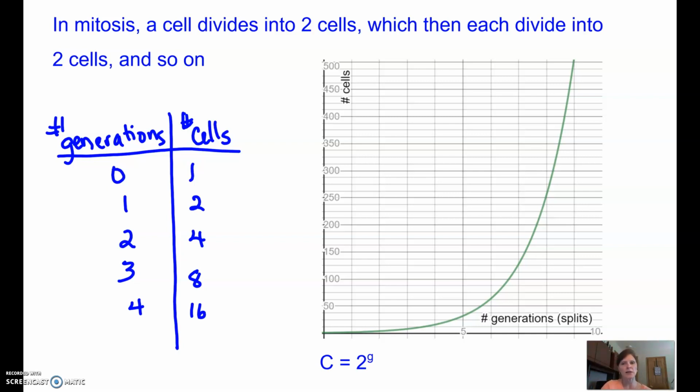This time, if we plot those points, we need to really have a high vertical axis because this grows very rapidly. It's a different type of increase, and it's no decrease. It just keeps increasing. This is going to be a different type of equation then. In fact, we call this one an exponential equation, and I've got it written down here. C is equal to 2 raised to, as an exponent, the g, meaning the number of generations.